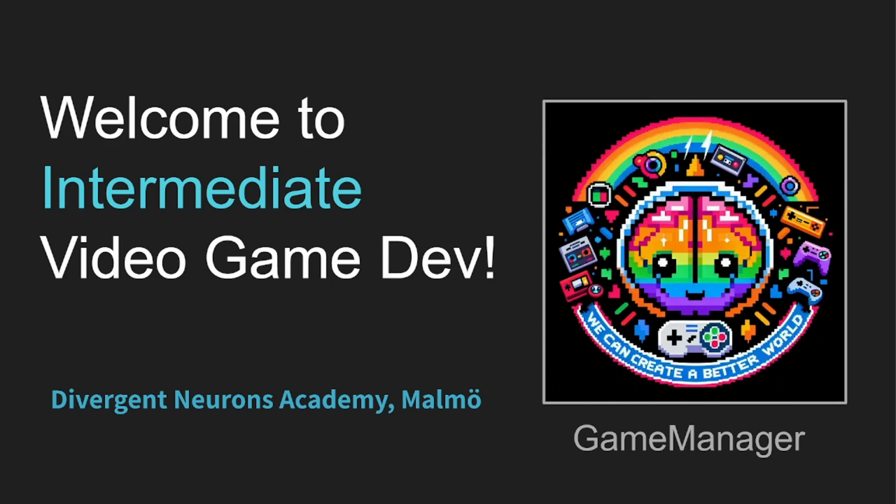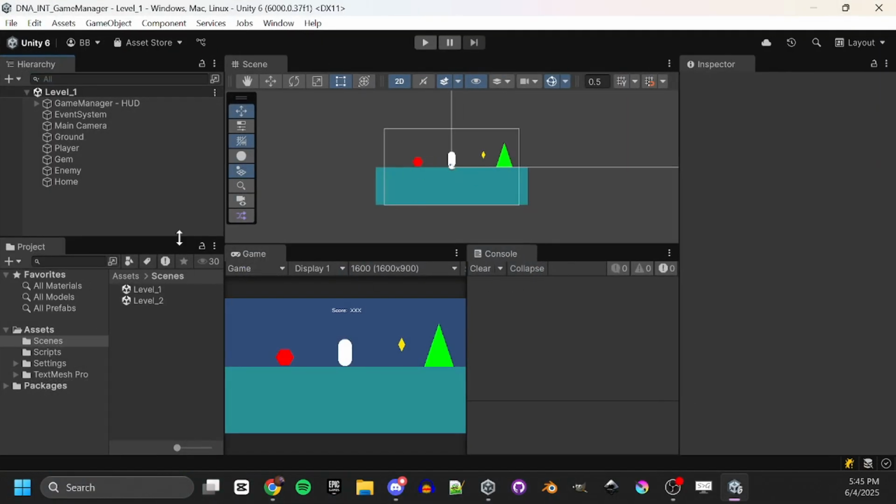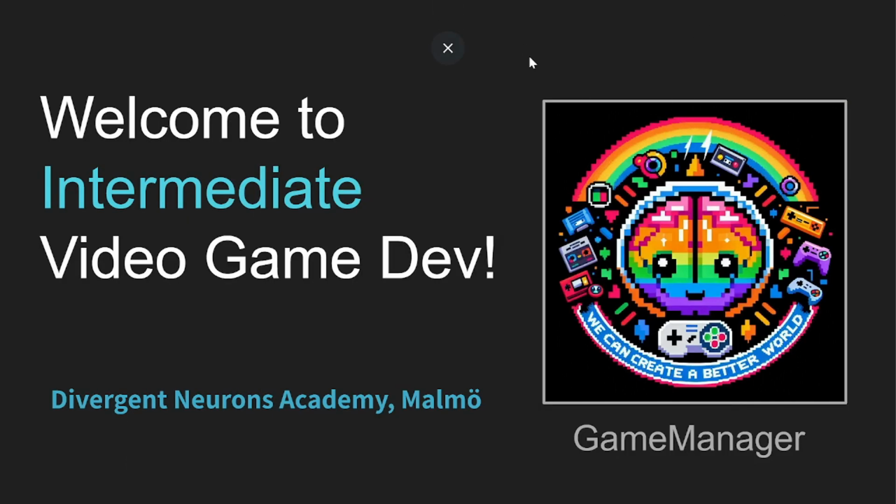Before, so you can go ahead and be downloading that project and have it opened up in Unity. When you do, it'll look something like this, a super ridiculously simplified 2D game. But before we get into that, while you're downloading it and while it's being set up, I'm going to go